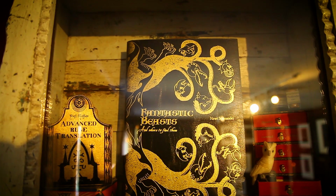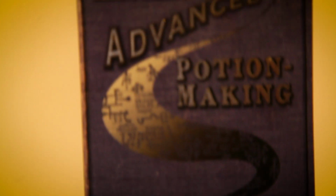In this cabinet you can see some of the pages that we created for that Fancy Potion making book that we see in Harry Potter and the Half-Blood Prince. And you can see all the annotations done by Snape, but actually done by this hand. And it's a good point. Sometimes we have to,